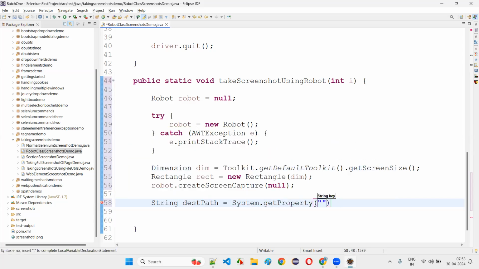You don't give the shortcut paths here. In some cases it will not work. Shortcut paths will not work. So it's better to write the full path here. This is the ultimate way to write the